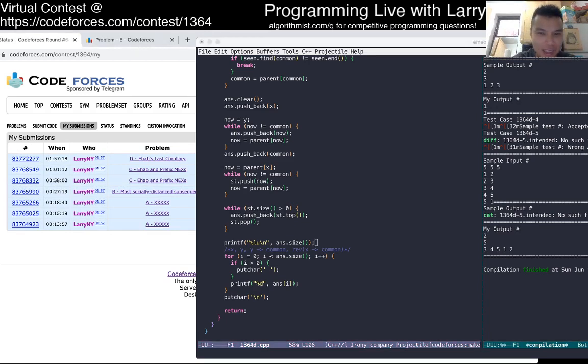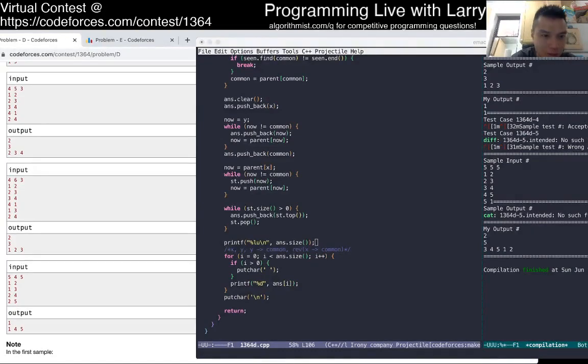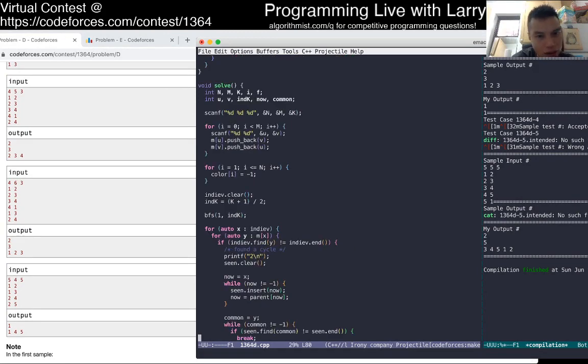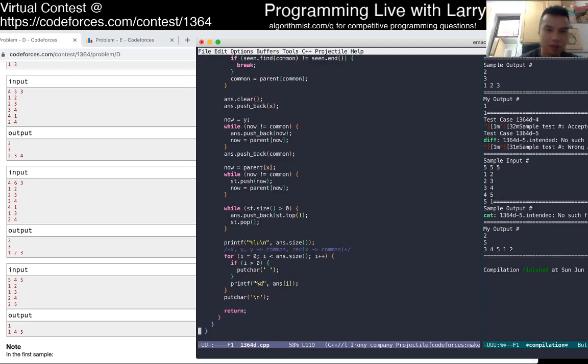Just a little bit tired, and that's unfortunate though. I mean, maybe I'm missing some edge case, but this feels right.